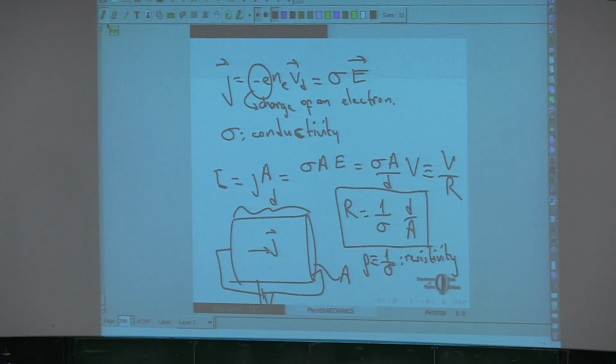What is the electric field that you are creating by applying a potential difference? So you have to first exert a potential difference, identify what your electric field is inside your material that would create that potential difference. Once you identify the electric field, you can determine the current density using this conductivity. Once you have the current density, you can find the total current.